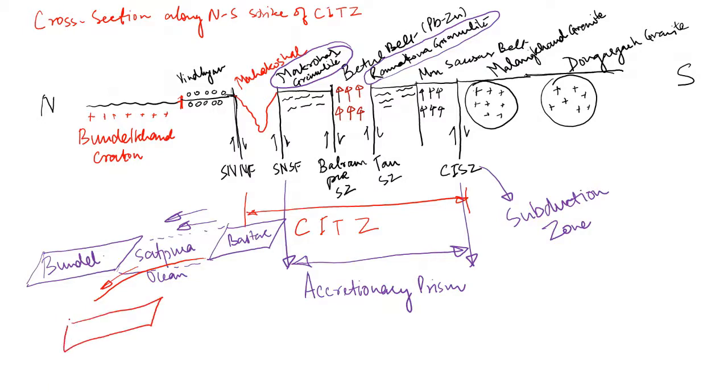So this portion over here is the subduction zone, and the Bastar Craton collided, subducted over here. This closing of the Satpura Ocean led to the crumpling and formation of